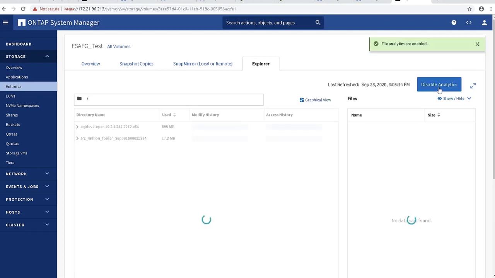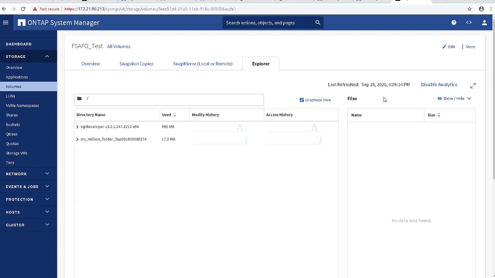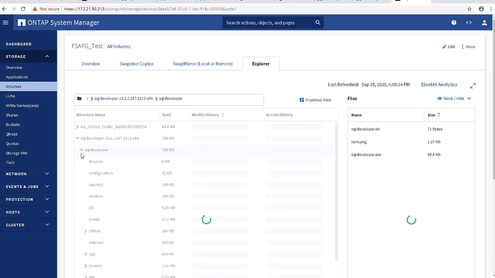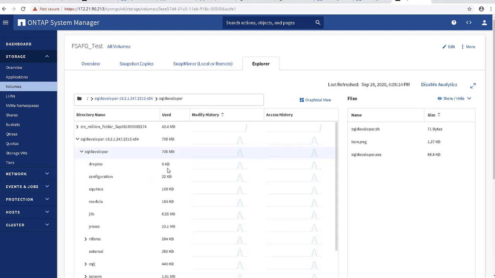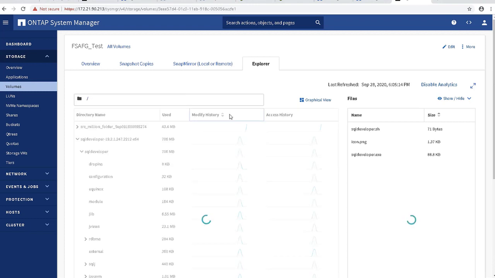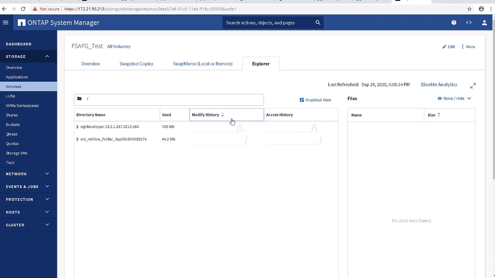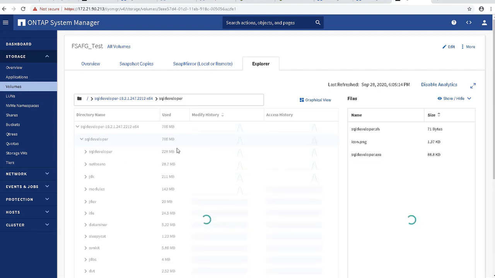Once we enable that, we can view the directories under the particular volume in a tree structure. Here we can see all the volumes by default in ascending order, and you can click the modify history and access history columns to sort as per modified history.